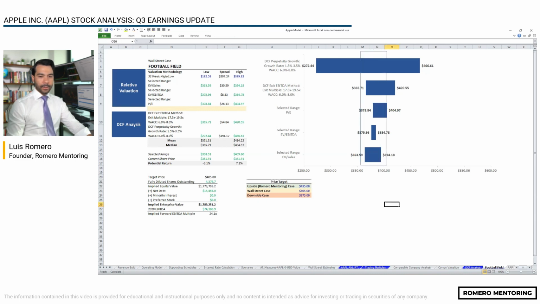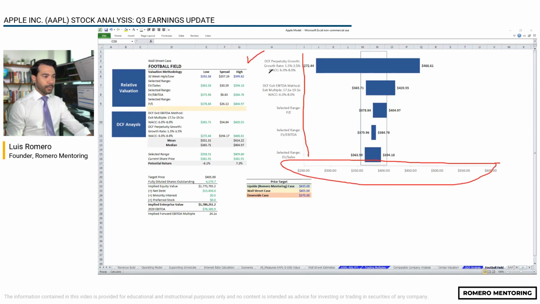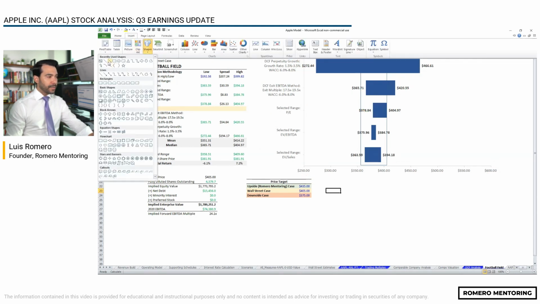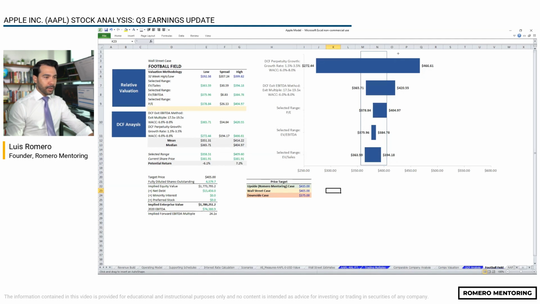There, okay? You can see on the horizontal axis, this is the share price. And on the vertical axis, we have each valuation methodology, right? The low valuation range and the high valuation range. Now let's draw where Apple's stock price is currently at. Their stock price is around 438, which is outside this valuation range, which might be an indication that the stock might be overvalued at this point,